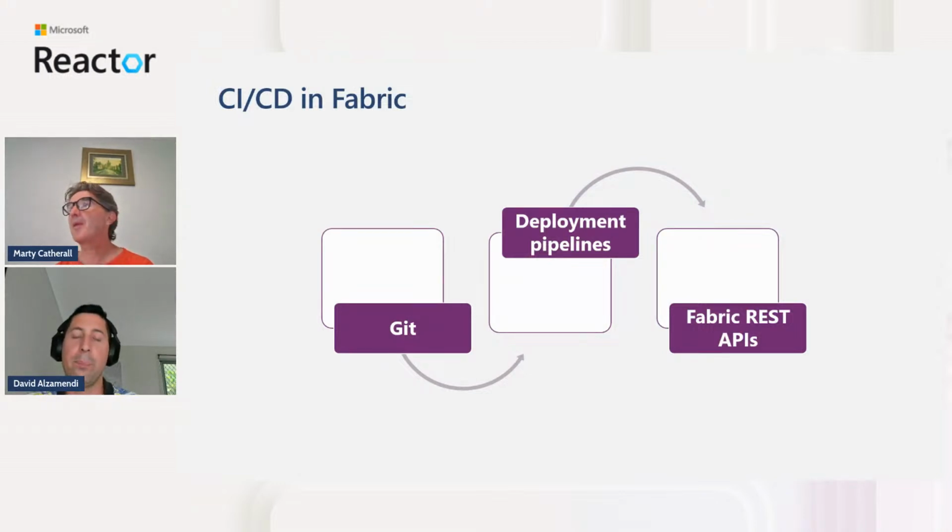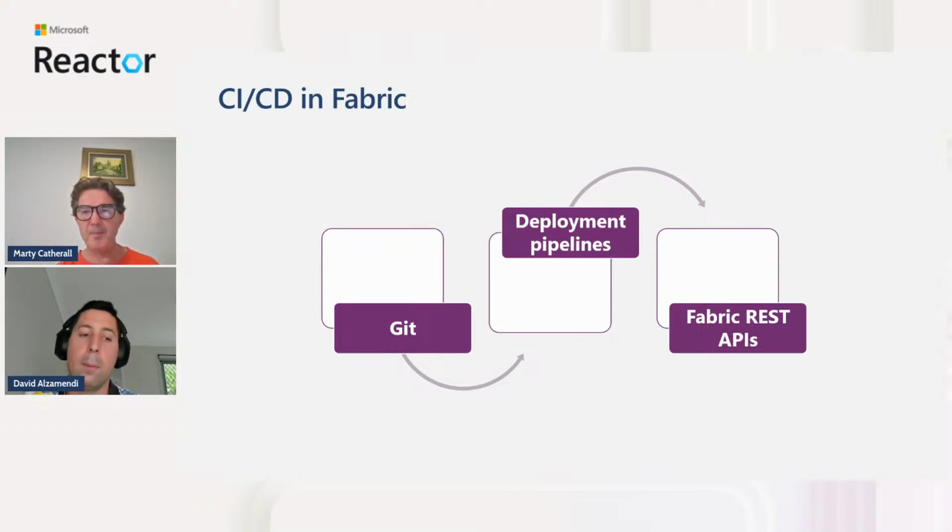Exactly. I think the release of Microsoft Fabric items, Martin, only helped us define an additional level of security for the different items. And as you can see in this slide, you also have continuous integration and continuous deployment within Microsoft Fabric. So what does it mean? We talked about this before. You can go and integrate with Azure DevOps, Git, or GitHub. That means that the code of your solutions is going to be stored in Git. But you can also take advantage of the deployment pipelines to release items across different environments.